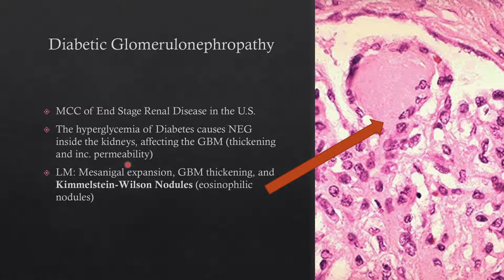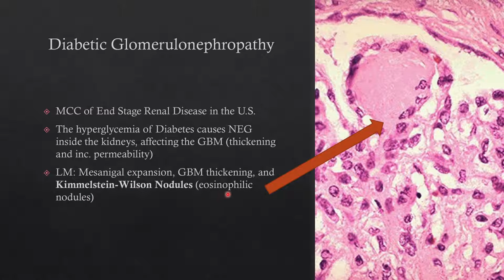So if it's filtering incorrectly, aka increased permeability, you're not getting enough of those ions and enough of the BUN and creatinine that you should in and out, and it's going to cause all sorts of electrolyte abnormalities. And so the big one, and I think the only one that really truly matters on this one, is light microscopy. This is my honest opinion. Mesangial expansion, glomerular basement thickening, but that sounds like a lot of them, right? The big one is these